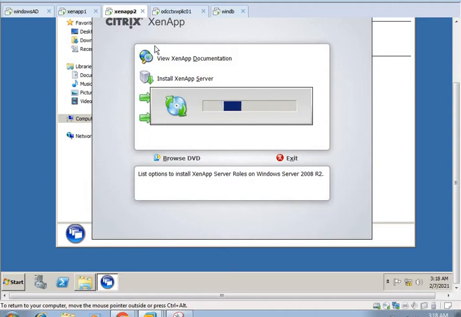So it's fetching the details. The basic requirements for ZenApp 6.5 are Server 2008 R2 and .NET 3.5.